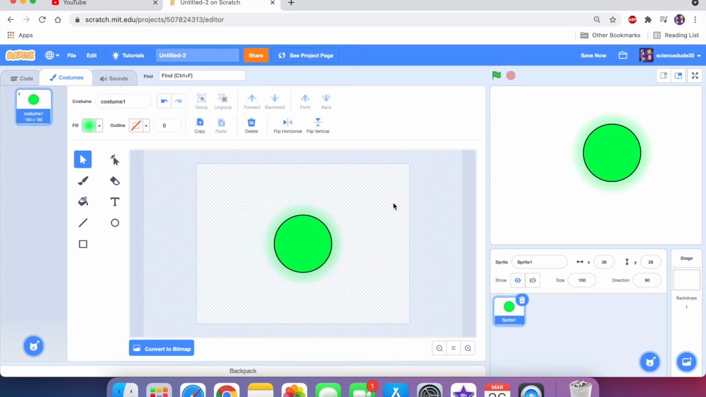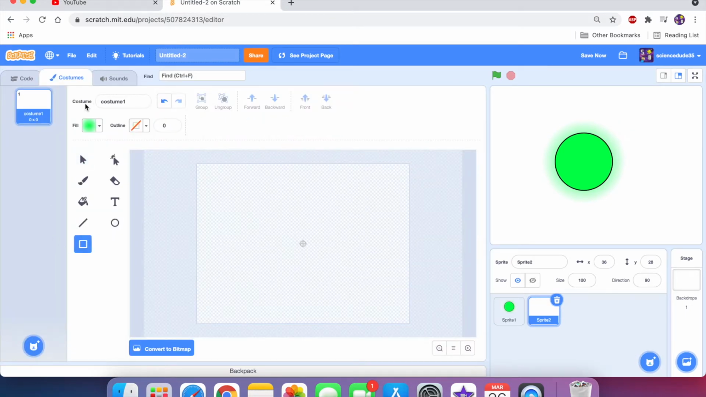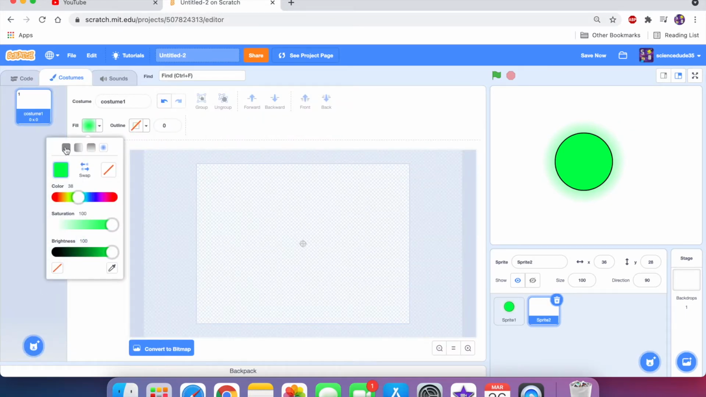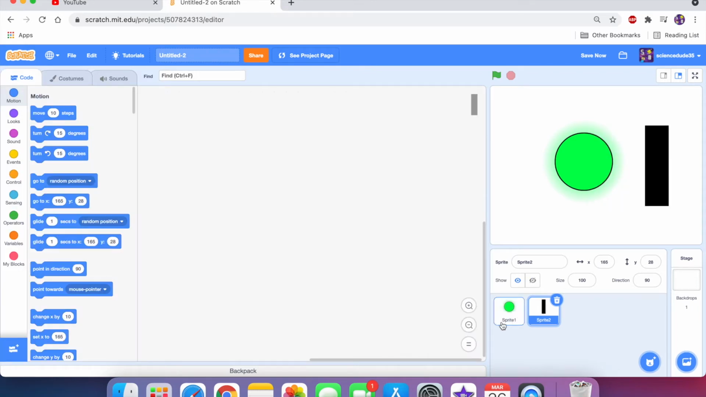Now the downside about this is that if you're trying to make any sprite collisions, the glow will be counted. The glow will be treated like the regular sprite, which it is, but sometimes you won't want that. So maybe let's make a new sprite just to demonstrate this. I'm going to make the sprite black, and we could say something like